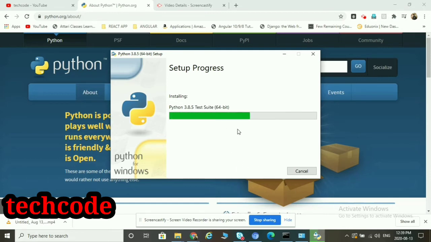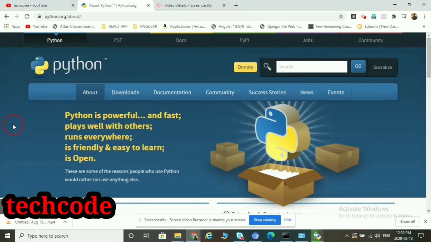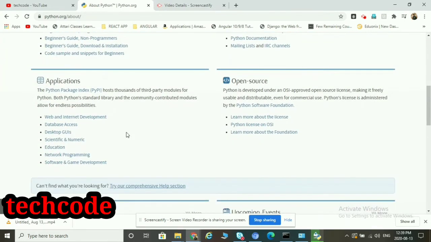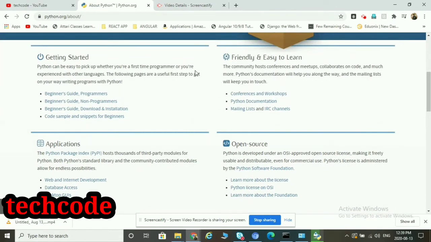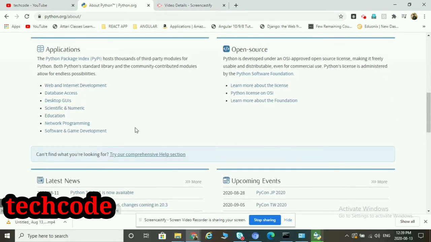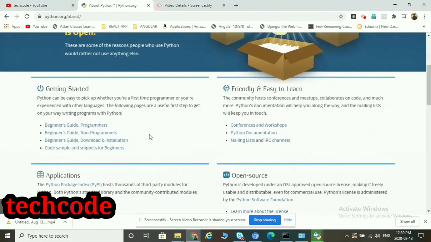It will take one or two minutes, so we will see some more about Python. Python is powerful and fast, plays well with others, runs everywhere, is friendly and easy to learn, and is open. You can read some more things about Python here. Open source is the greatest benefit. Some of the applications are given here, you can read them later.